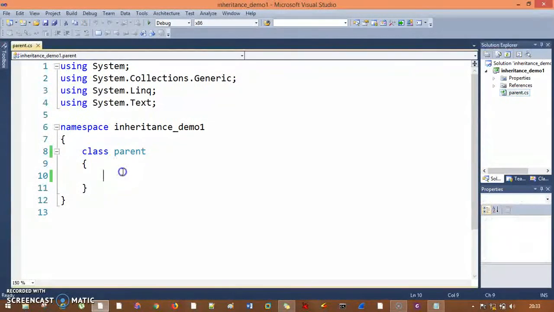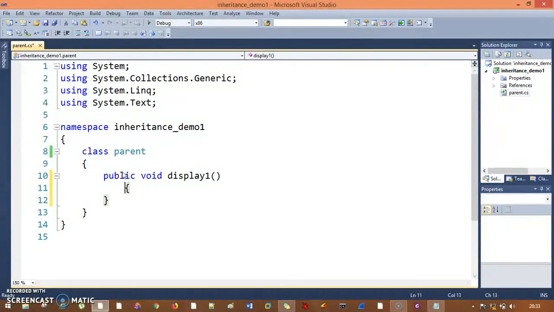I have a class parent here. Inside this class parent, I will take two methods, display1 and display2. Let me create this public void display1, and inside that display1 I'll print something. Let me print this with Console.WriteLine. I'll print that this is display1